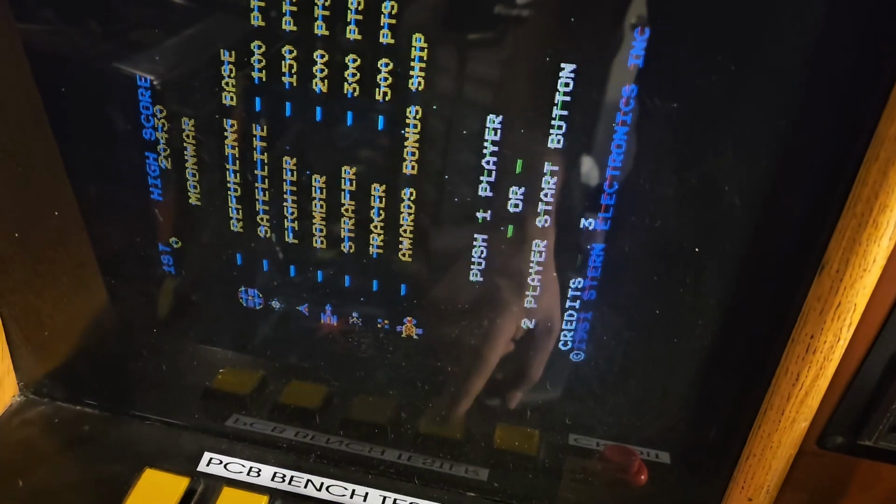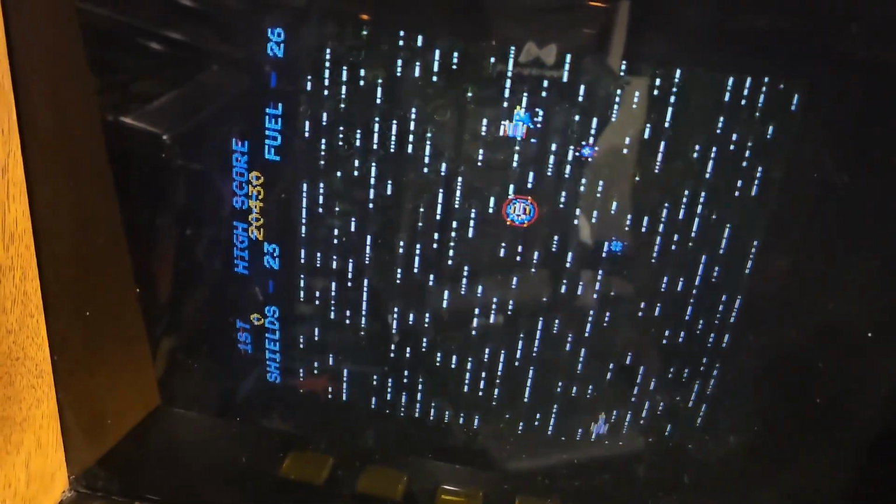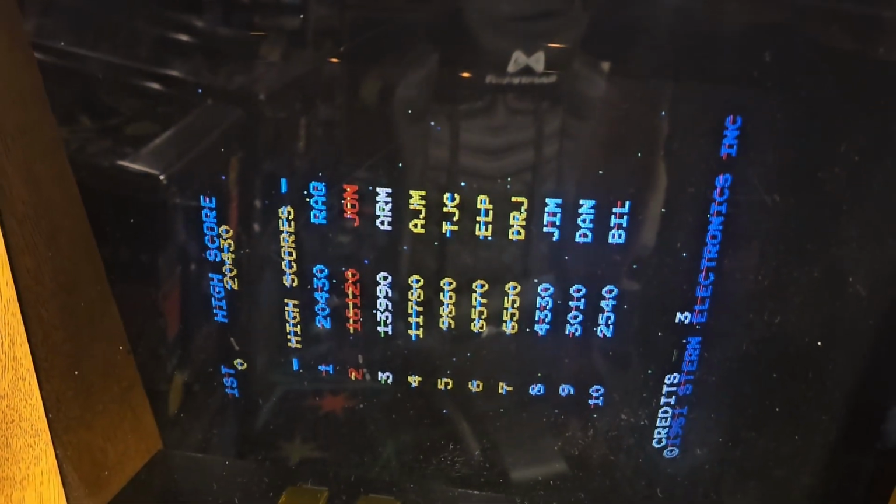Okay, I pushed it once and it gave me 3 coins. Oh, I'm trying to hit play once start. Nothing's happening. Okay, so we have a partially working PCB here. All right, well,